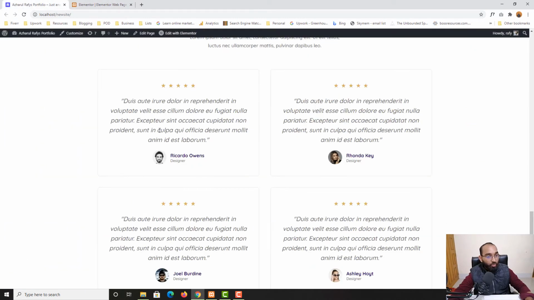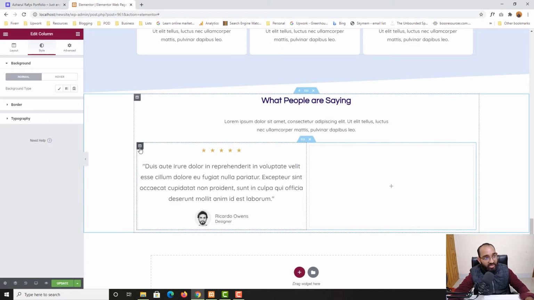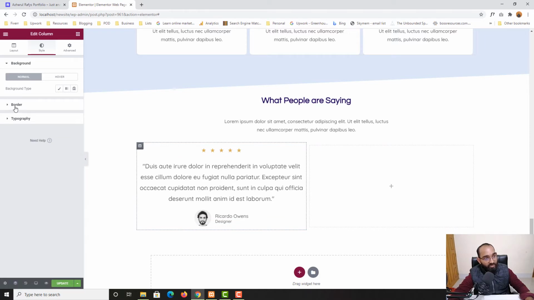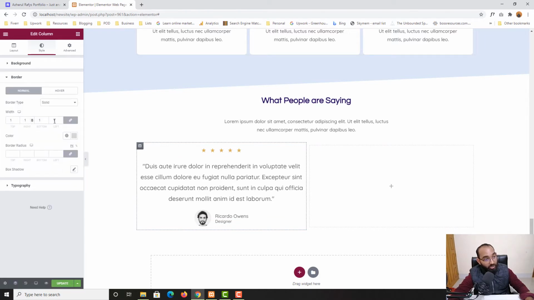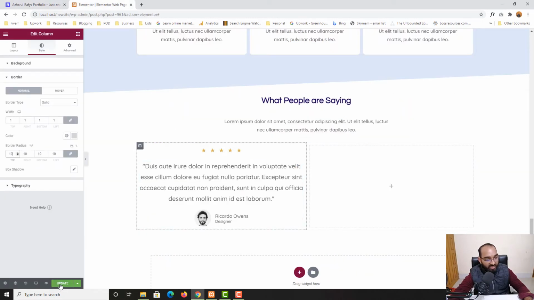So now if you just notice, we have got some border radius as well in the corners of this border. So let me show you how you can add these borders or border radius stuff. So let me take you back again here, and after that if I click here again, then from style, from border, if I click on border, it is going to show us the work that we have just done. Now just here take a look, border radius, where we have to work now. So if I give, let's say 10 pixels of border radius in the 4 sides, like right, left, top, bottom, then if I show you, it is going to look like this. So if I just click on update,